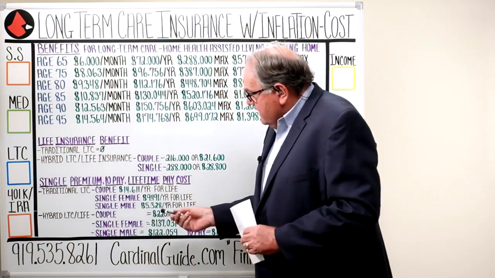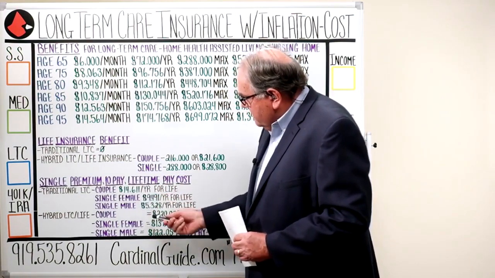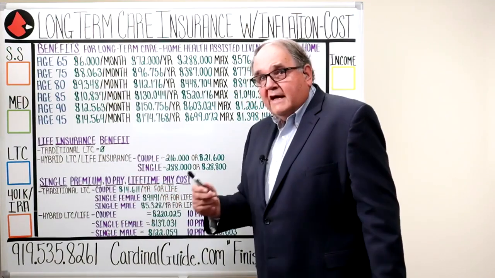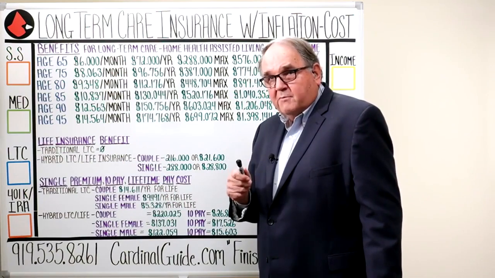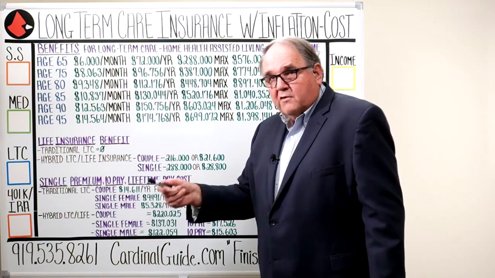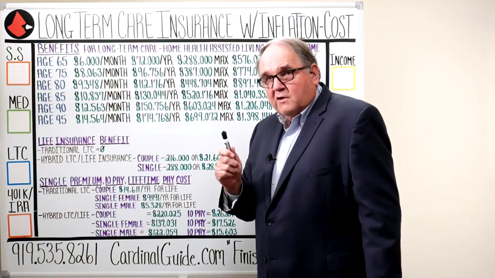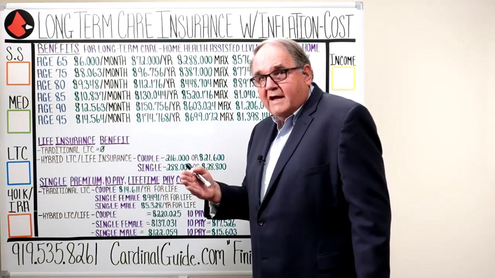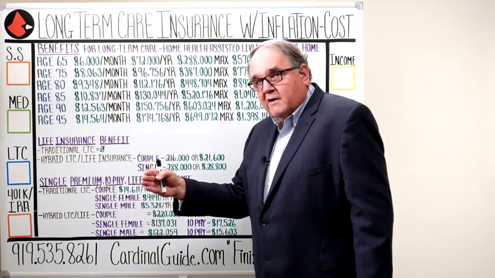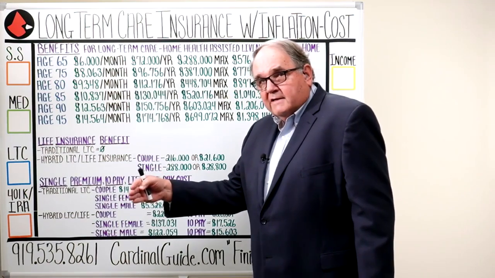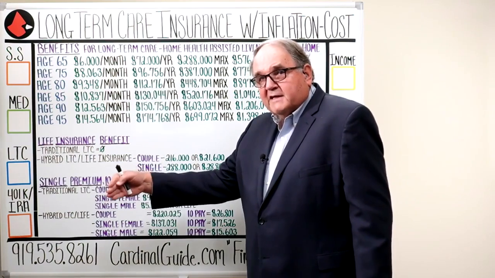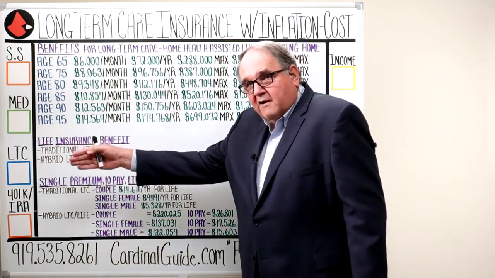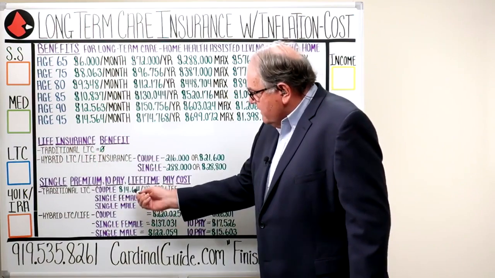Good point, Tom. Now, to be fair, when we're comparing these premiums, this traditional long-term care, which you're paying for life, has a waiver of premium on it. And if it's a couple's policy, it'll waive the premium for both spouses, even if only one is using it. So when you begin to use the care, the premiums are stopped or they're waived for the whole period of time that you're using the care. Now, if that spouse passes away, then the premium is going to come back into the picture for the surviving spouse, just their portion of it, for the rest of their life until it's waived again. But there is a waiver of premium on this.